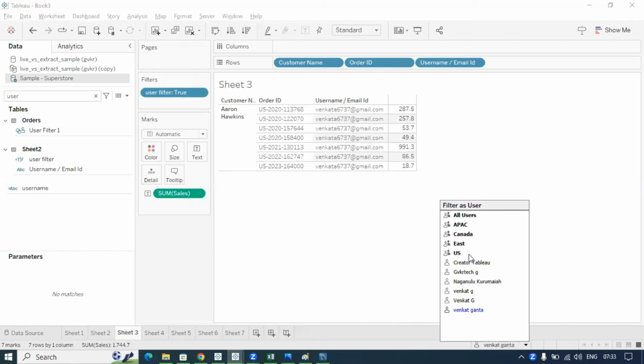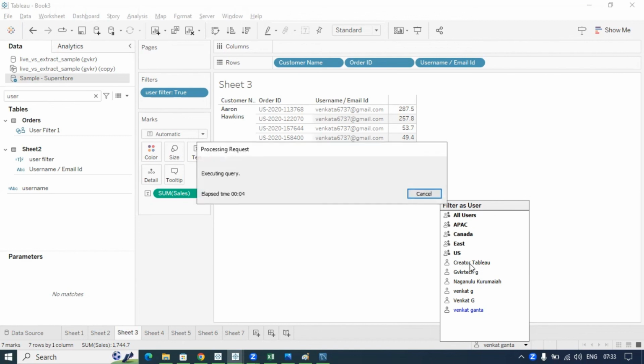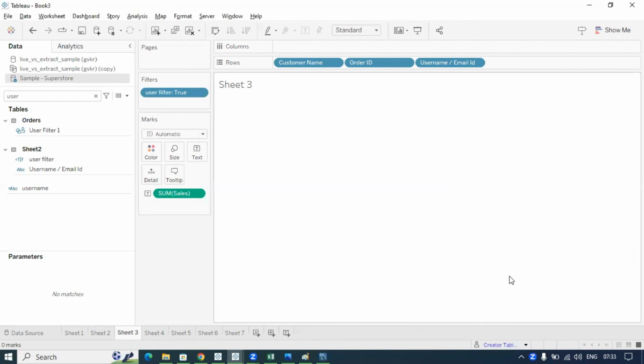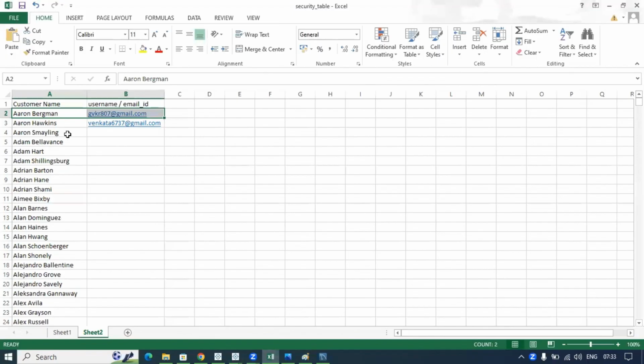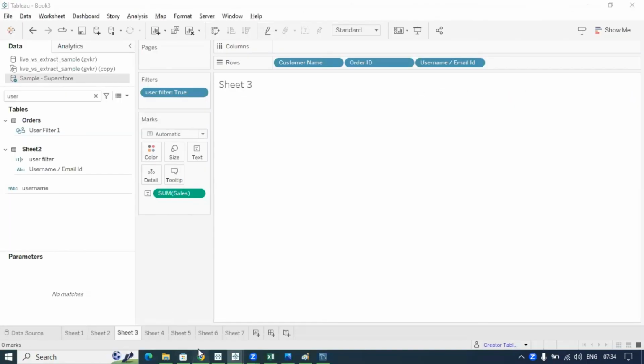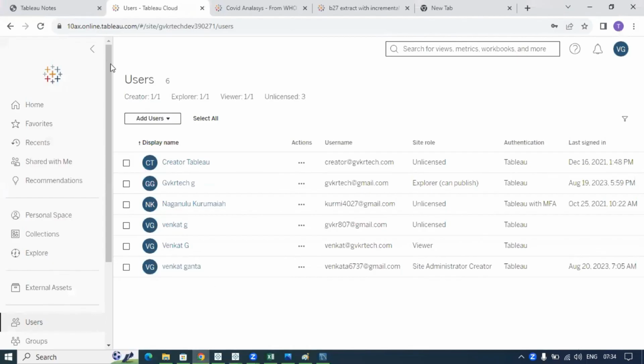Now, when other persons log in, for example, assume we select the create Tableau person, when this person logs in, he doesn't see any data. Why? Because he is not part of this file actually. We have not assigned anything here for that particular person. Okay. So these are three methods. In interviews, if you are able to explain these three in brief actually,